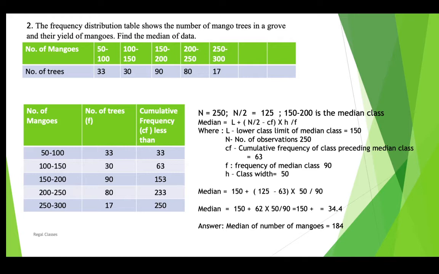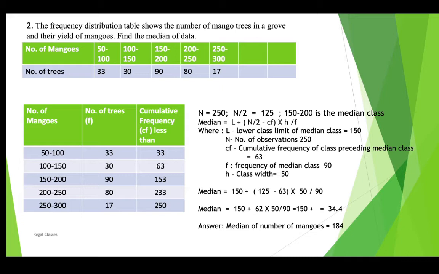You put L is 150, N number of observations 250, cumulative frequency of the class preceding the median class. So median class, which one we have taken? 150, 200. So preceding the median class, cumulative frequency is 63. Then frequency of the median class, that means it is 90 here. Median class is 150 to 200. So it is 90. So median is equal to 150 plus